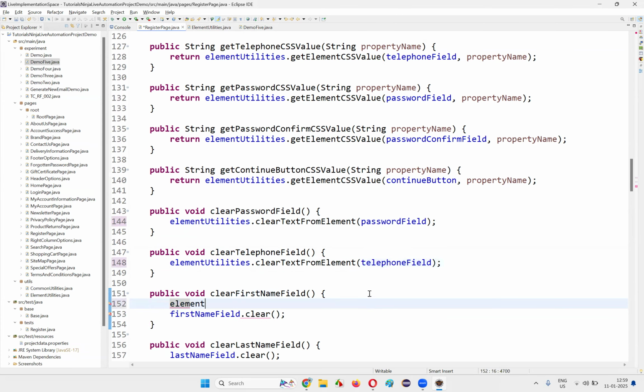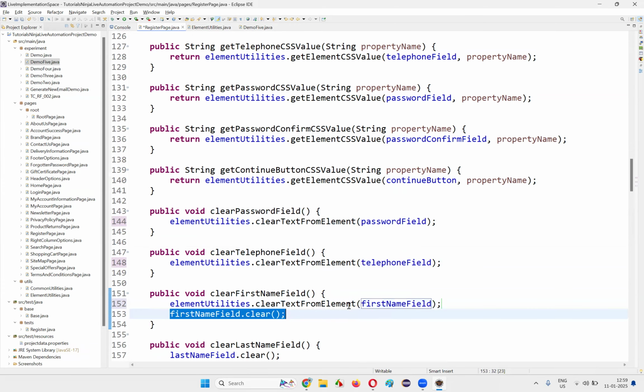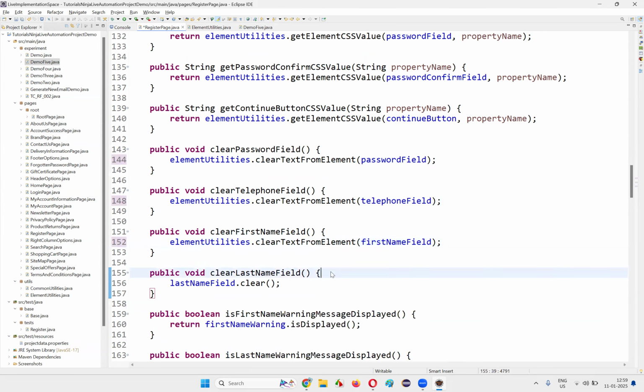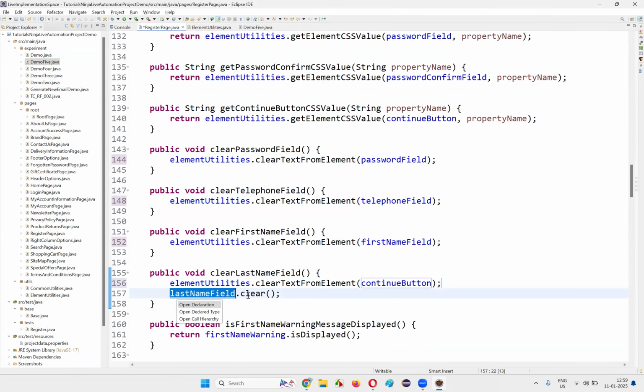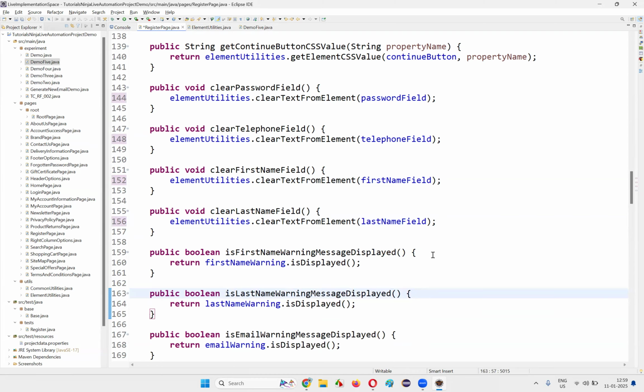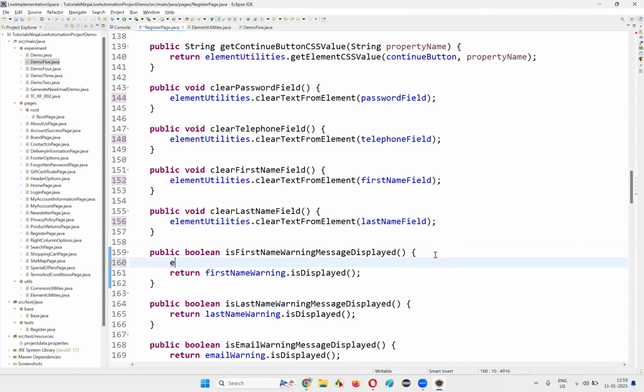Then elementUtilities dot clearTextFromElement, and here the first name field, and clear this particular thing. The next one, elementUtilities dot clearTextFromElement, and here the last name field, remove this. Then the next one, return elementUtilities dot